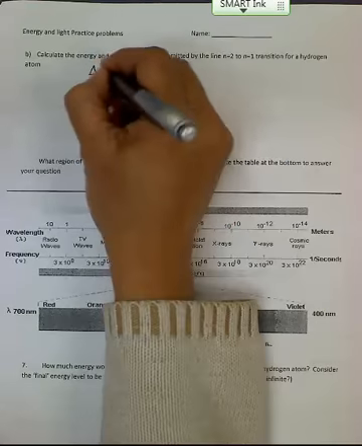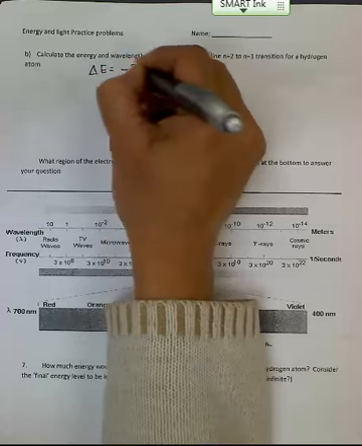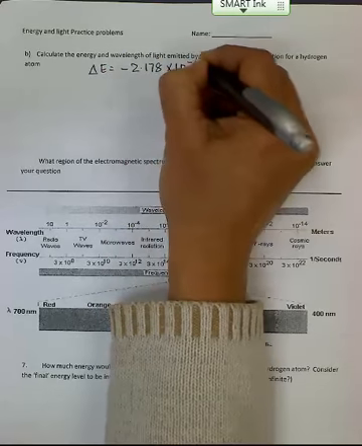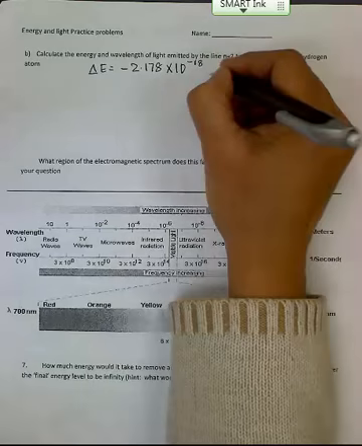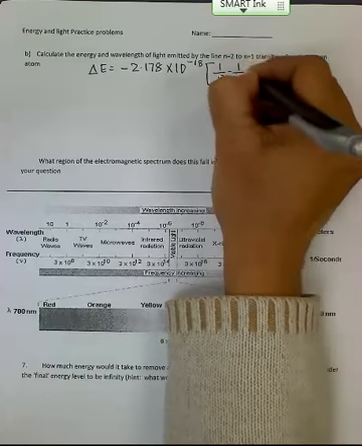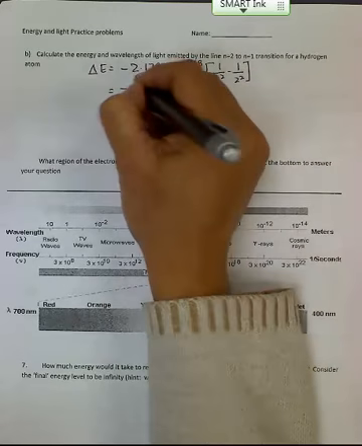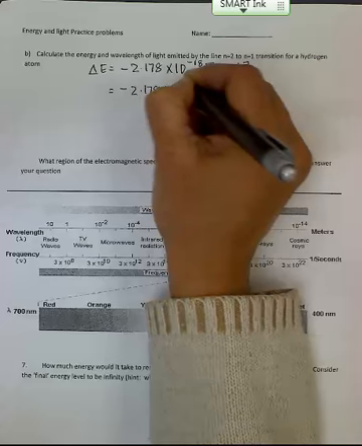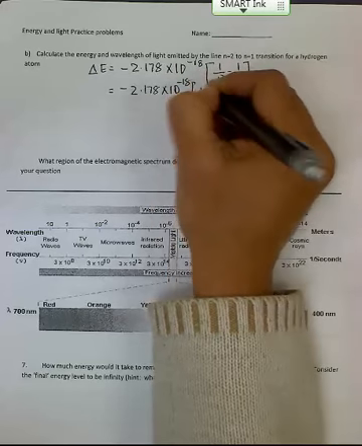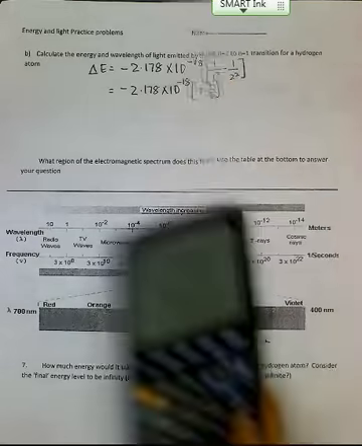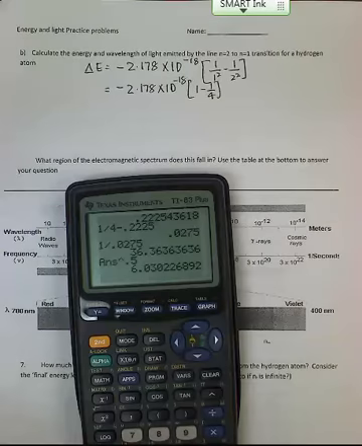So we're first going to calculate the delta E, negative 2.178 times 10 to the negative 18 equals, the final is 1 squared minus the initial is 2 squared. So the energy equals minus 2.178 times 10 to the negative 18, 1 minus 1 by 4, which is nothing but 0.75, so